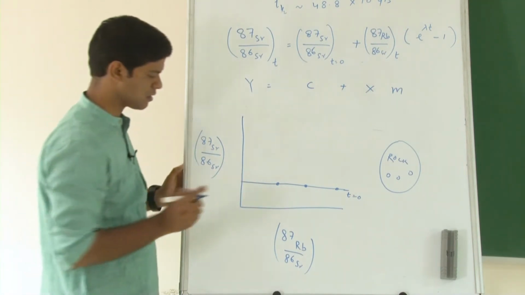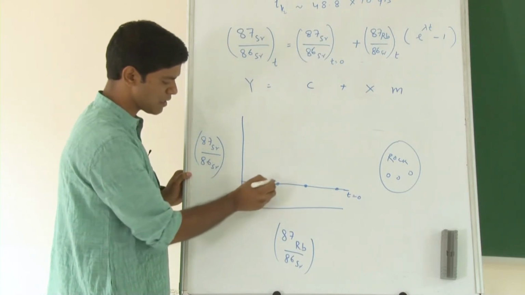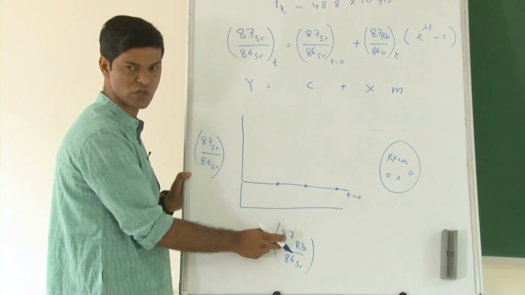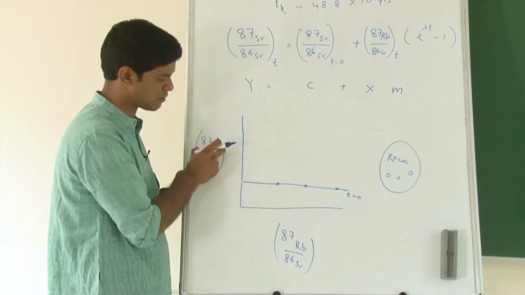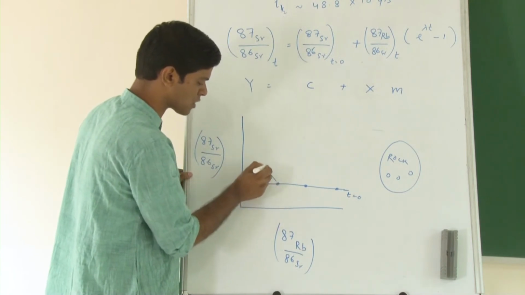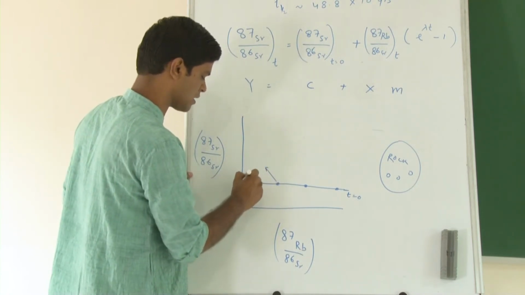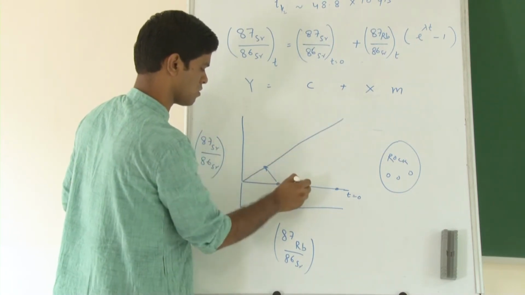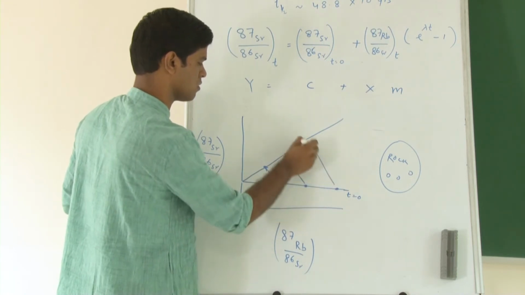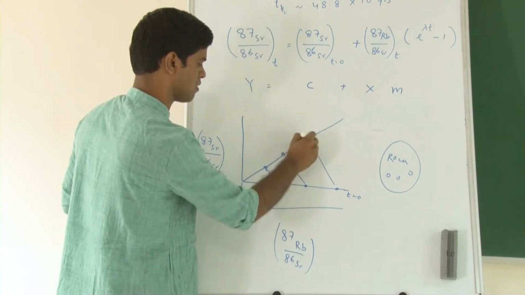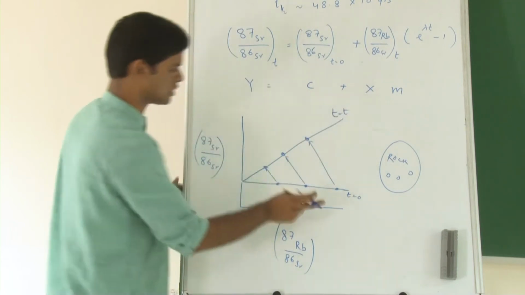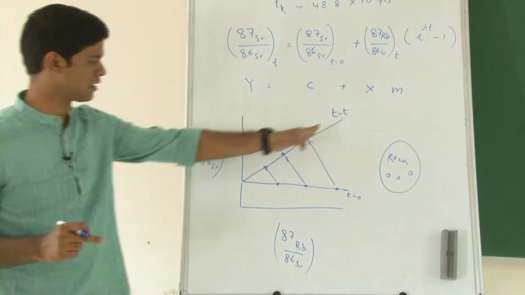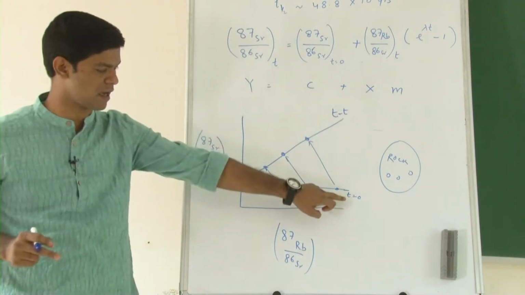If that happens, then over a period of time these samples will decay, and because of the decay you will lose 87 rubidium and there will be a gain of 87 strontium. So, they will actually follow a diagonal path in this direction. So, at t is equal to t, these samples will fall here. Okay. So, this is the line for today and this is the line at the initial time.